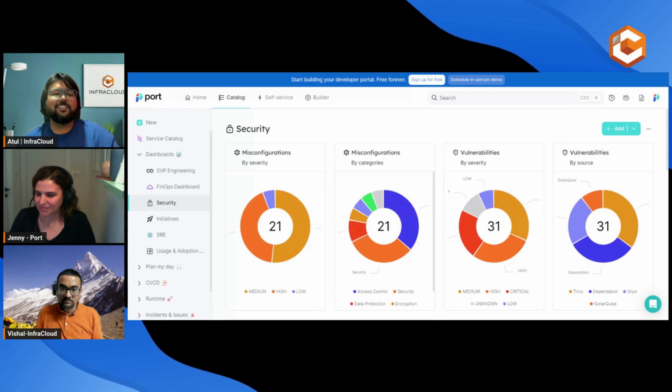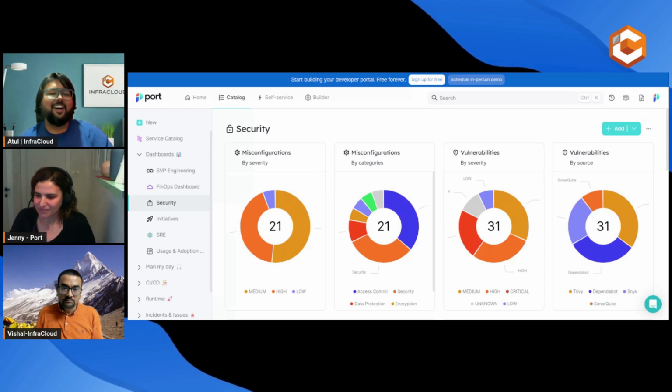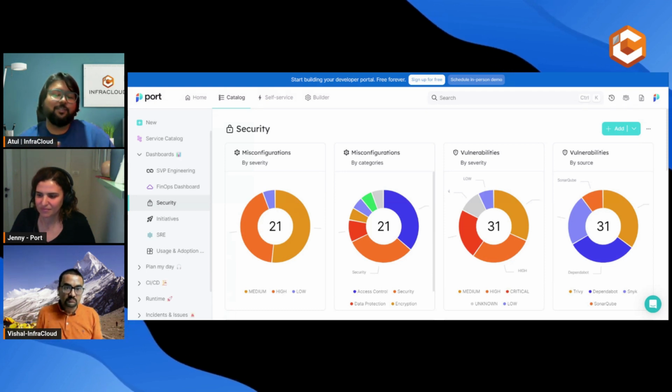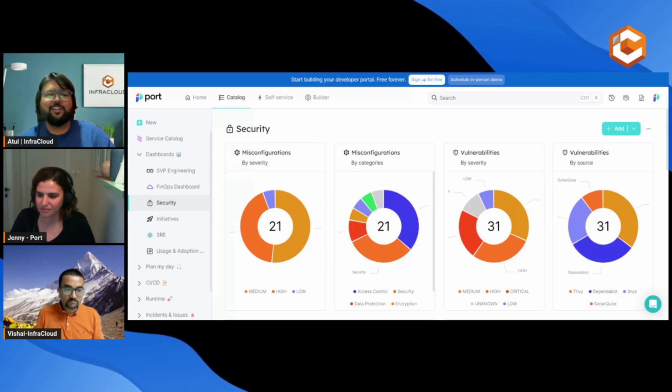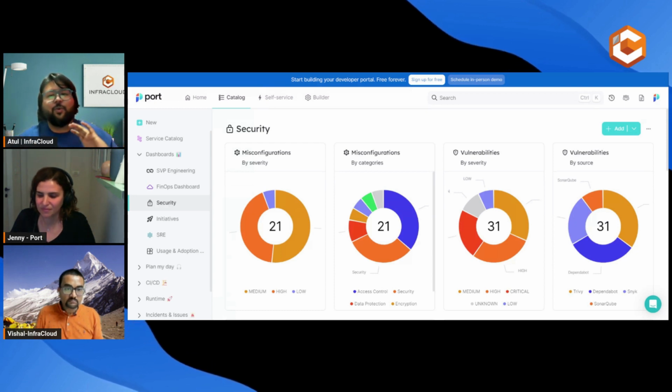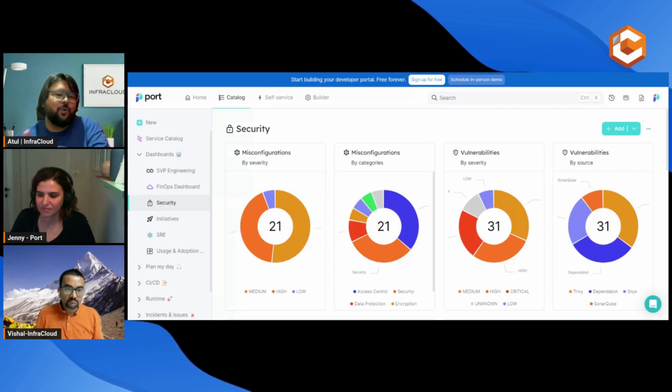Interesting. Thank you so much, Jenny, for that. If somebody asked me what are the two things that I want to take away from this demo, I think the first thing would be the dashboard. Like you told, it's not just visualizing things, but for me as a developer, it is giving me a bird's eye view of the entire infrastructure and application and showing me where things are wrong or where things are going good. So that's one thing.